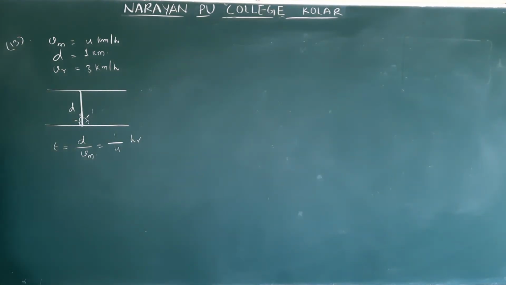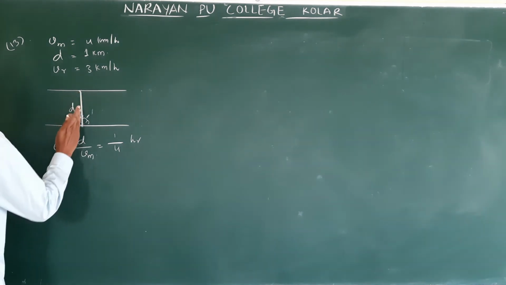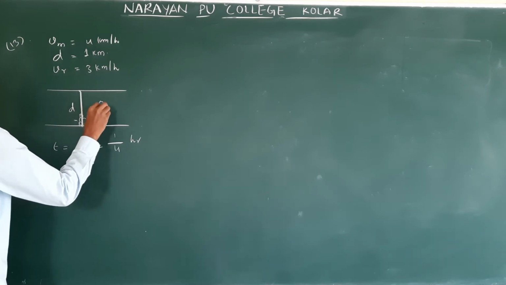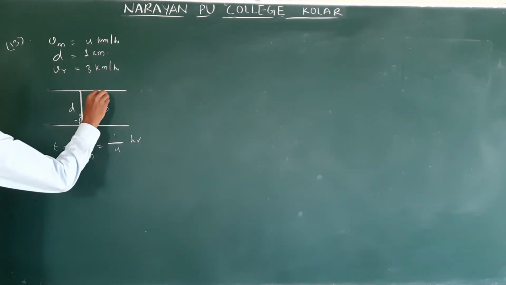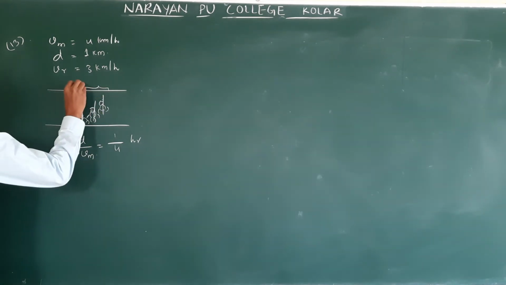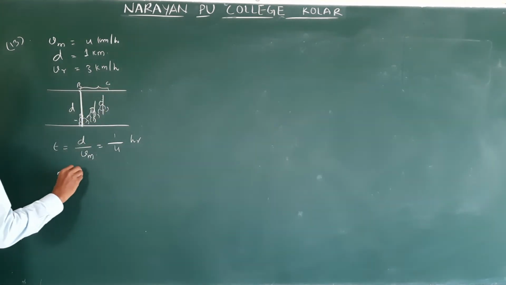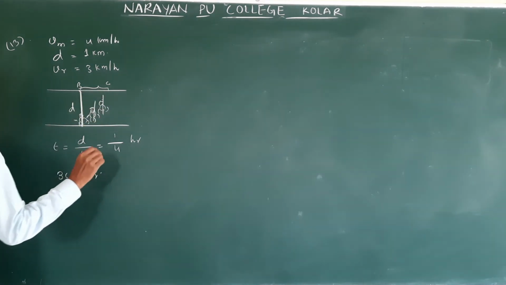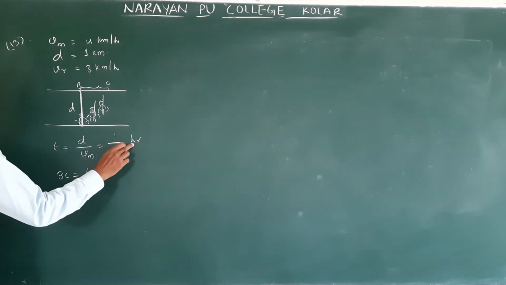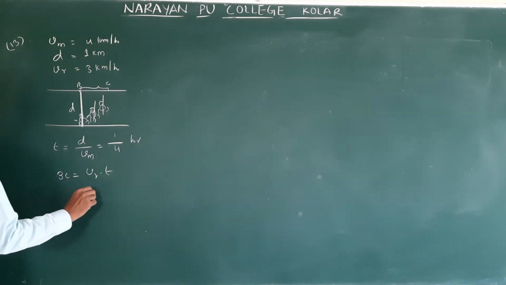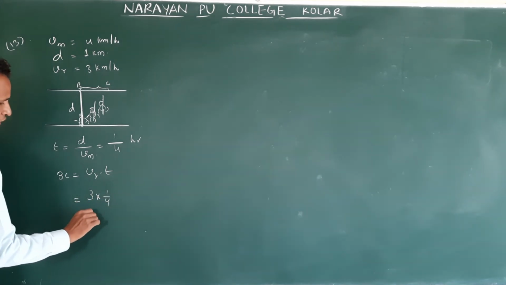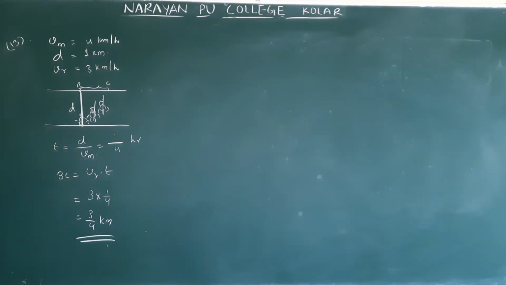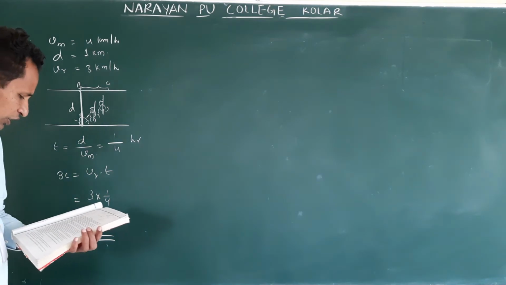Clear? Next, instead of his strokes, he starts swimming in this direction. He moves like this. He moves only along the displacement direction. Clear? This is the drift. This is what we have taken, BC. So BC is equal to which velocity is responsible to take from B to C? This is the velocity of river in a time t. So time t is what? 1 by 4 hours. What is the velocity of river? 3. So 3 into 1 by 4, so 3 by 4 kilometers. Clear? Understand? So this problem is over.